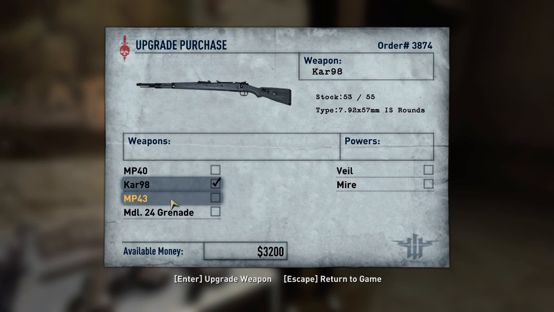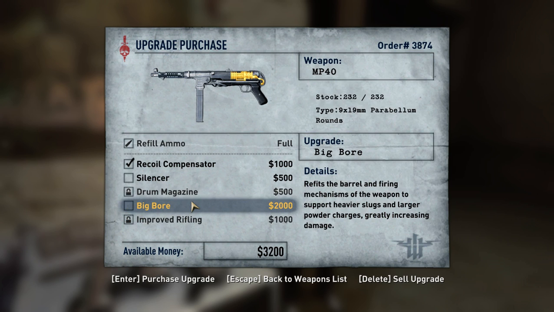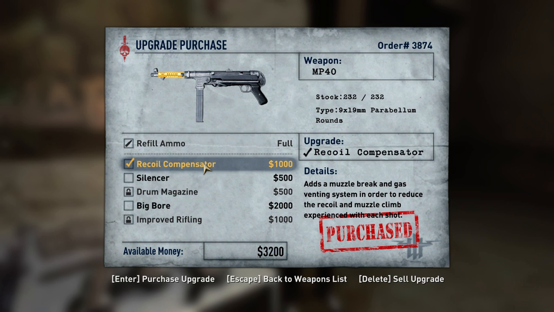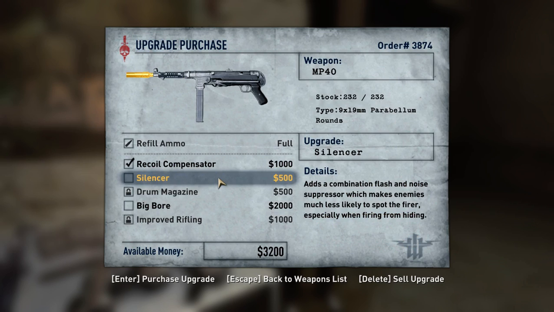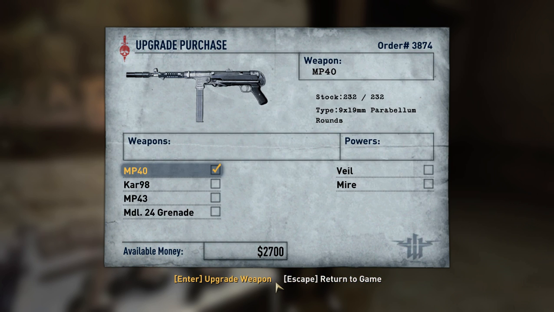Then let's see if there's any good MP40. Greatly increases damage. The MP40 is like the most common gun in this. It's actually the gun you start off with. It might as well have unlimited ammo. You've always got ammo for it. I'll go for the silencer just for something a bit different, I guess. All right, so